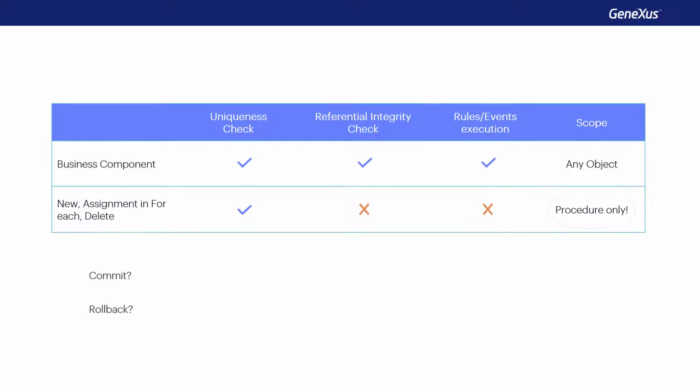The same applies to commit and rollback for both ways. That is to say, the developer must decide to use them where it's most convenient, regardless of whether procedures have the commit on exit property set to yes by default. Let's look at a special case that may cause confusion.